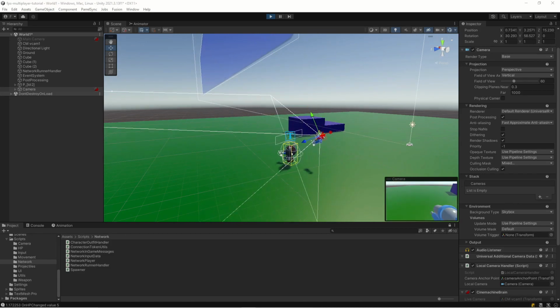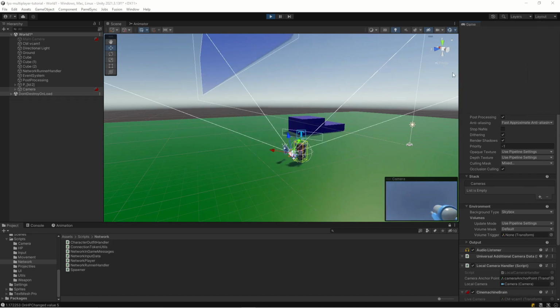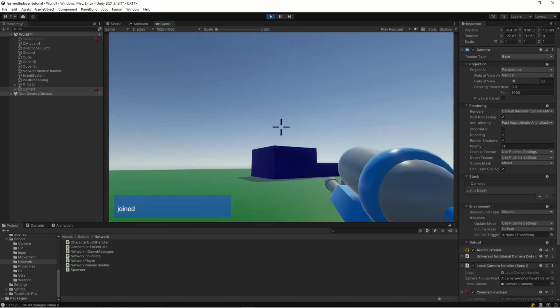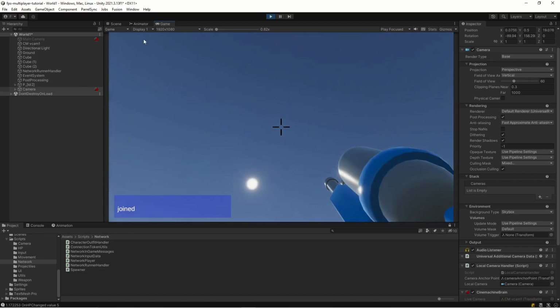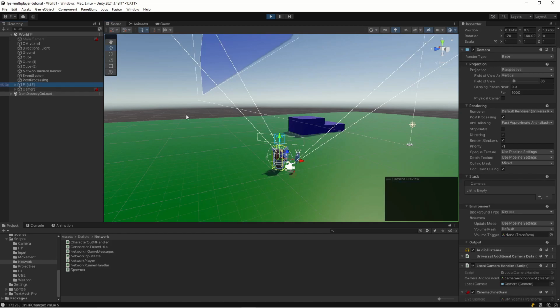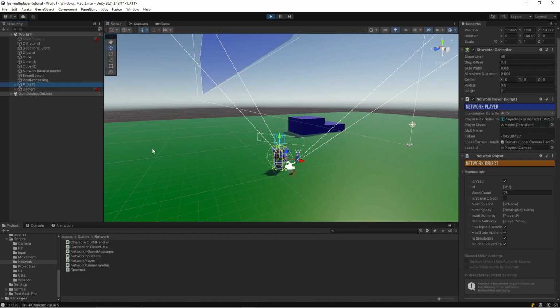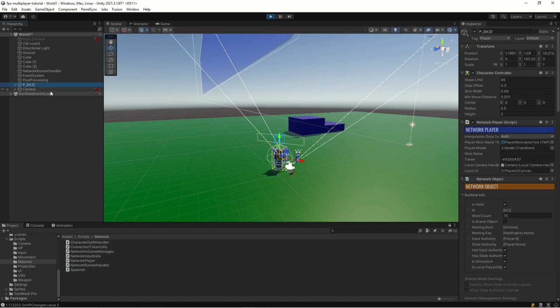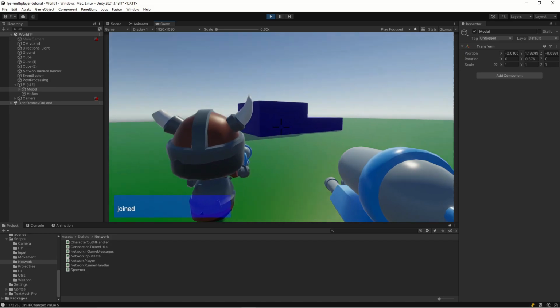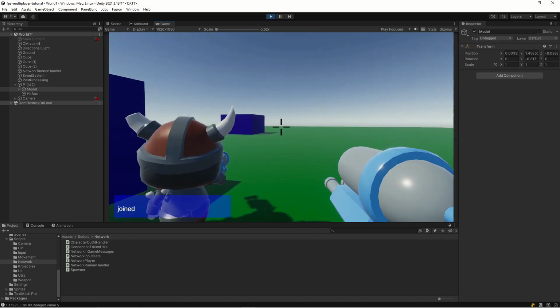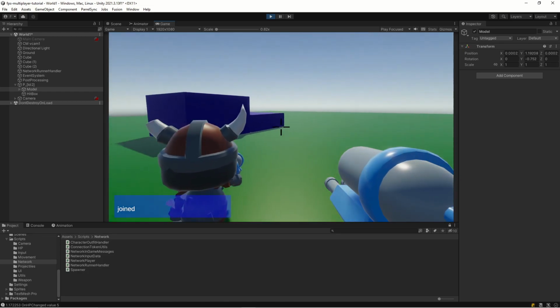But now as I move along, we can see that the view is at least working, but I don't see any characters or anything like that. So why is that? Well, it is actually because in the first person camera view, we have decided that our person here, or our model, should be in the layer local player model, which is not rendered by the camera. So if we change to default with all our children, then we can see that voila, here we have our character is actually there,